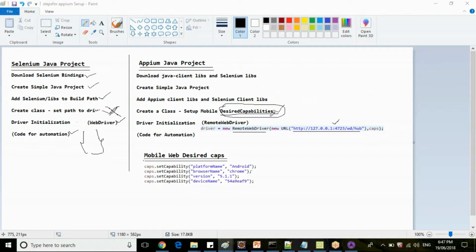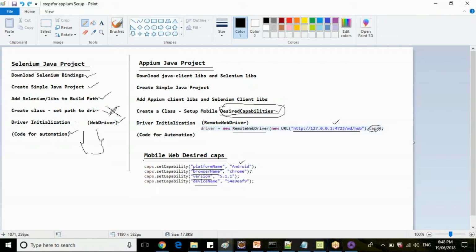To set what capabilities your remote WebDriver is going to take, like on what device, on what platform your device is connected, either Android or iOS, what browser name you are going to automate, what the version of your currently connected mobile device is, and what the device name or device serial ID is. So these are the additional capabilities which you are providing to your remote web driver here, correct?